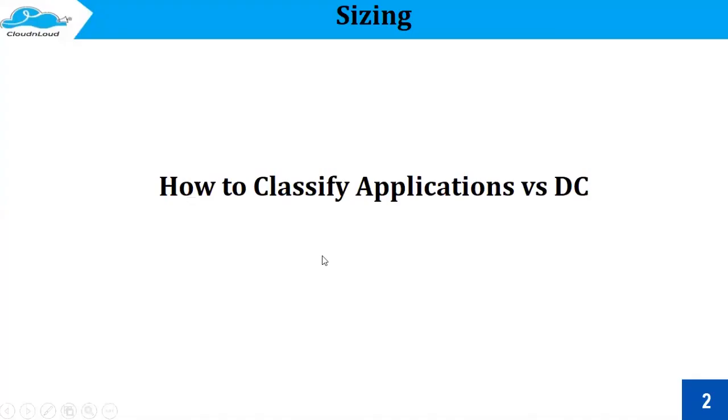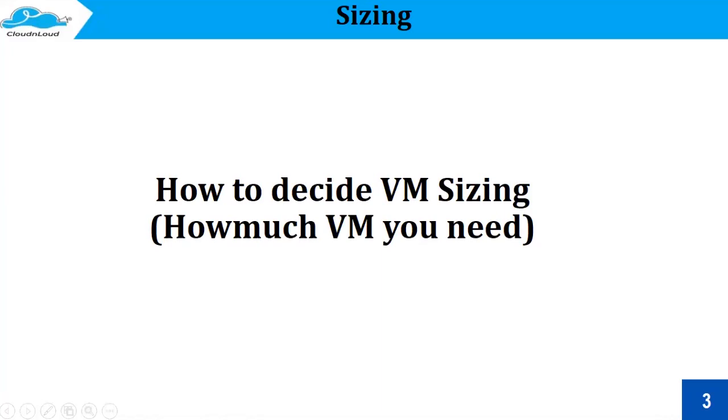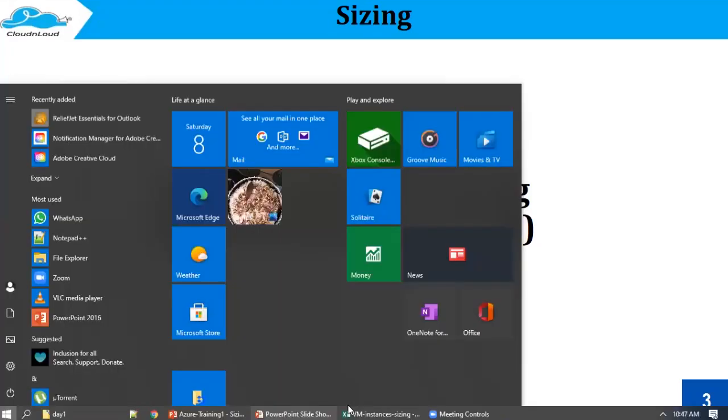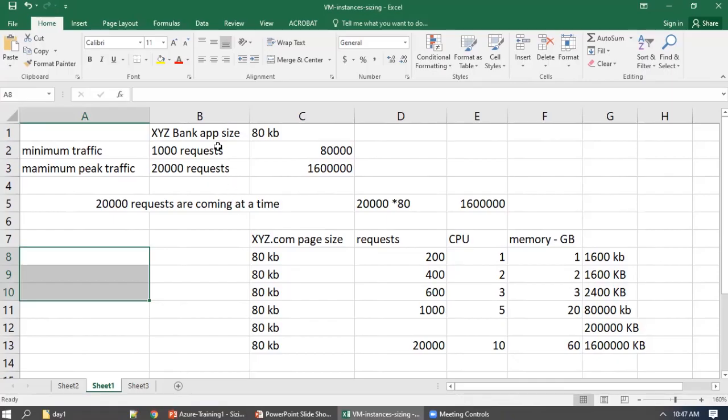The next one is how to decide VM sizing, how much VM you need. We will see a simple calculation. We will take one XYZ bank. The bank app web page size is 80 KB.